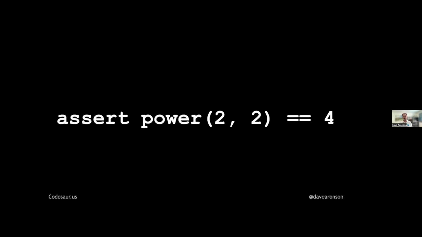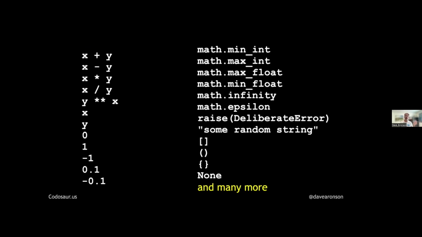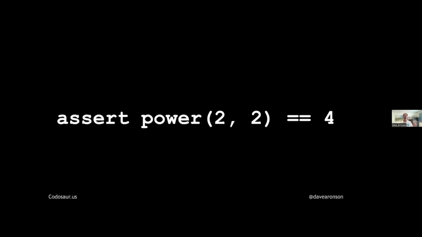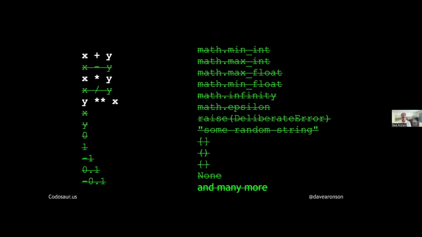This is a rather poor test, and I think at least one reason why is clear to most of us, but even so, most of those mutants would get killed by this test, the ones shown here crossed out in green. The ones returning constants are very unlikely to match. There's no particular reason the tool would put a 4 there as opposed to 0, 1, -1, and other such